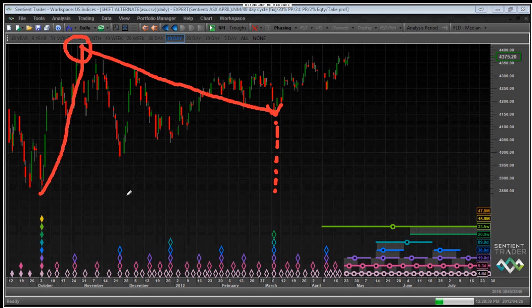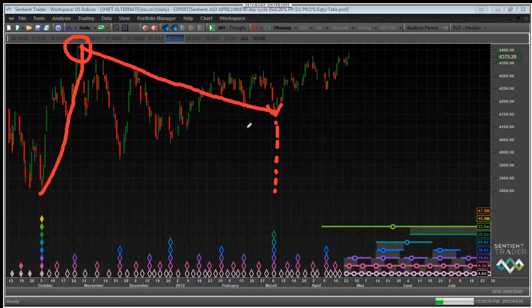Okay, when you have a very early peak, that is an indication that a bearish cycle shape is developing. When you have a late peak, that's an indication that a bullish cycle is developing. When you have an early peak, it's an indication that a bearish cycle shape is developing. It's as simple as that.